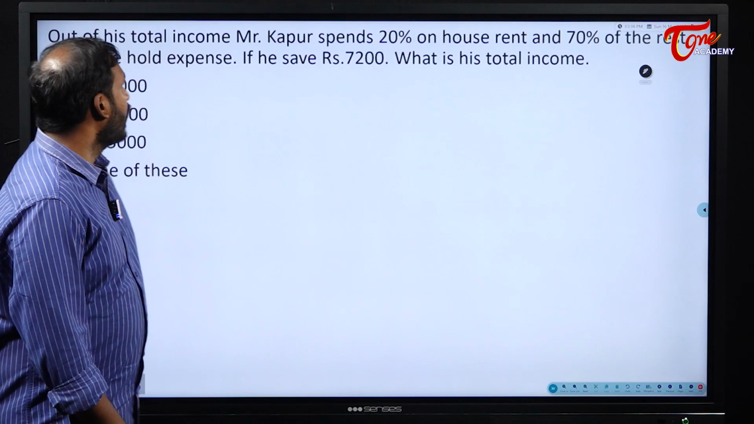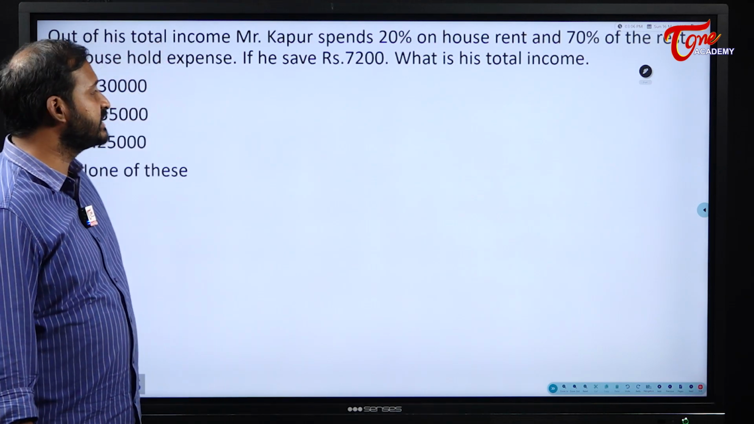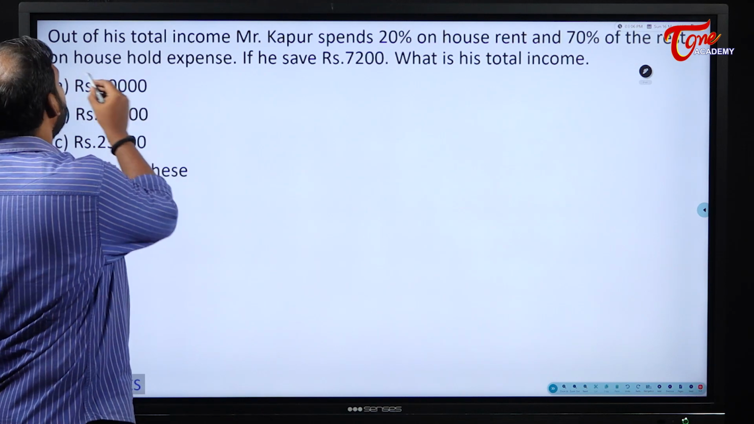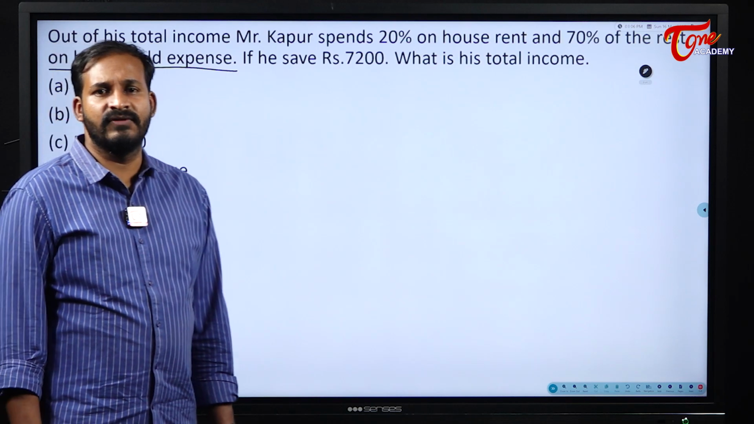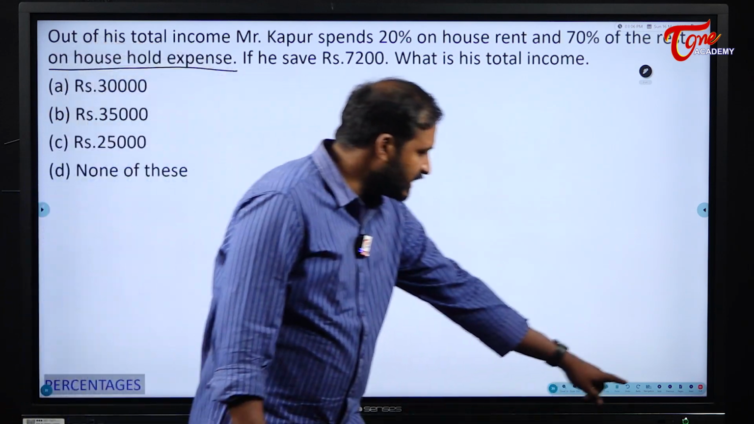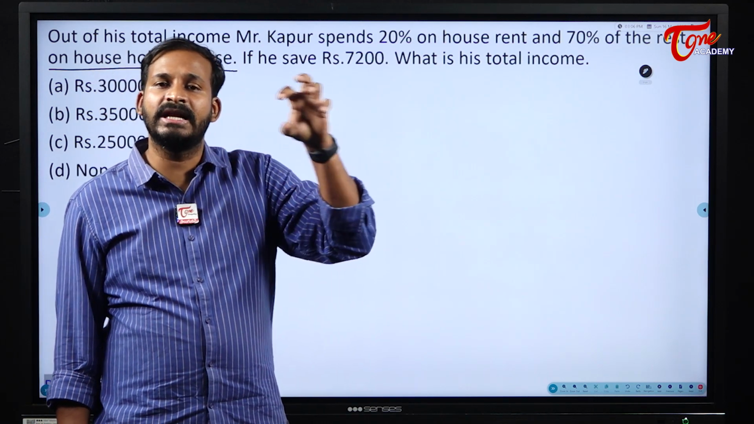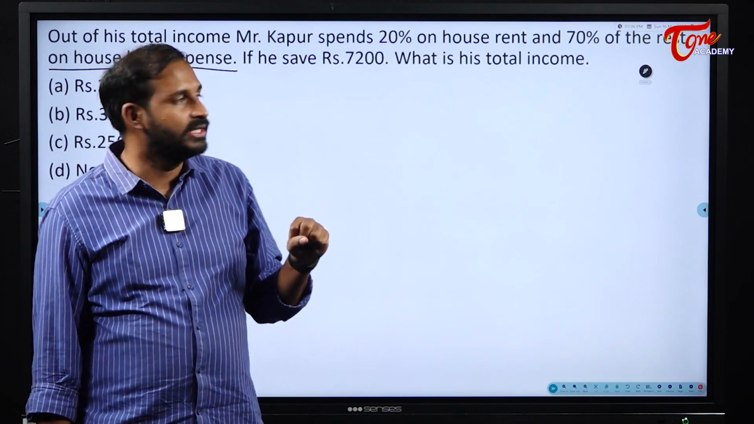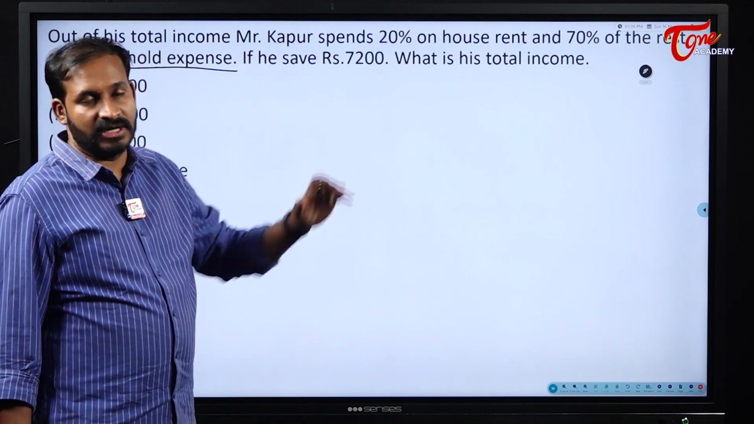See here, out of the total income, Mr. Kapil spends 20% on house rent and 70% of the rest on household expenses. Please observe here carefully. Please try to understand the difference between the previous problem and this one. In the previous problem, they directly gave us the percentages individually. But in this problem, what are they doing? 70% of the rest. That means here,